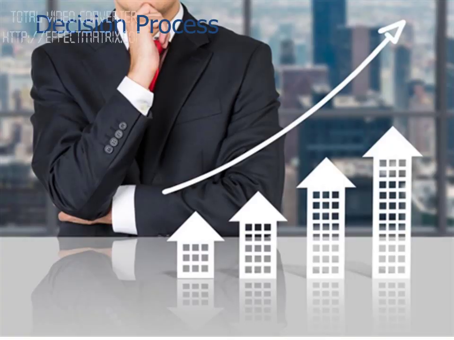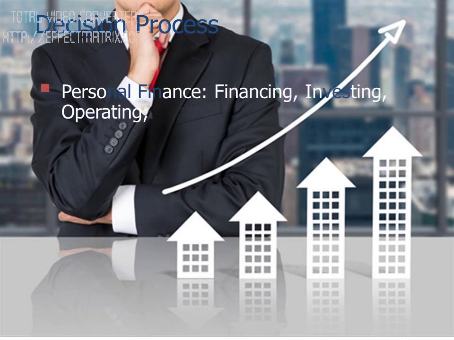Next is on the decision process involving WACC. Basically, we will be discussing here the three decisions to be made by the financial manager, mainly investing, financing, and operating. Before we go to the corporate setup, we'll make an analogy on a personal setup or personal finance. In personal finance, which do you think is the first decision, or what is the arrangement? Okay? For personal finance, it's financing, investing, operating.